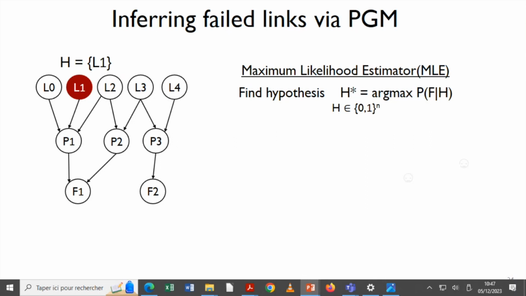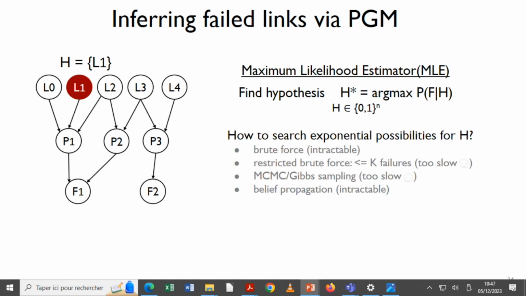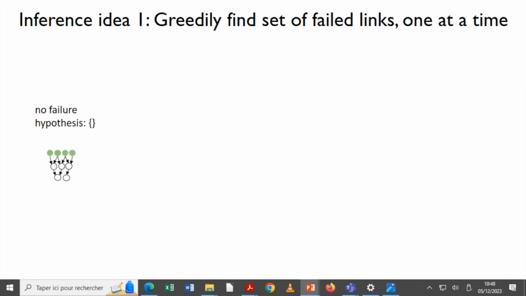But this is an exponential space, as you can see, and the existing algorithms to search this space are brute force, MCMC, or Gibbs sampling, but all of them are pretty slow for data center scale. So the first idea is to greedily find the set of failed links, one at a time.